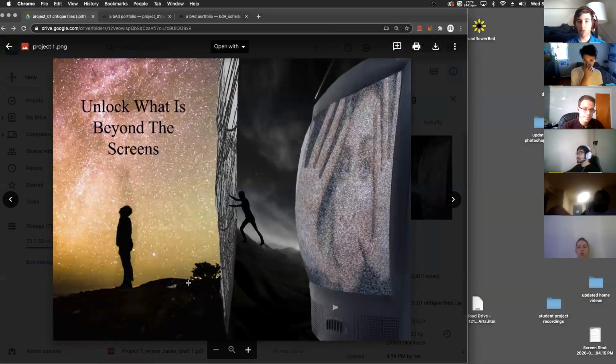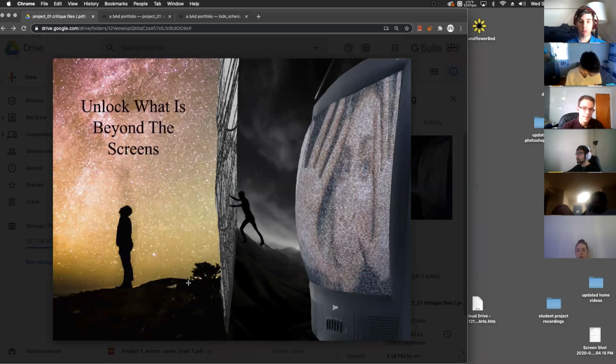Hi, so my project, there's still a lot of work that I want to do with it, but the basics are there. The title, Unlock What Is Beyond the Screens, is just an idea right now. It's not final whatsoever. Basically, I have done the dystopian, trapped in technology viewpoint on the right side, and then freedom of mind in a way on the left, but mainly I'll probably be changing up the middle thing